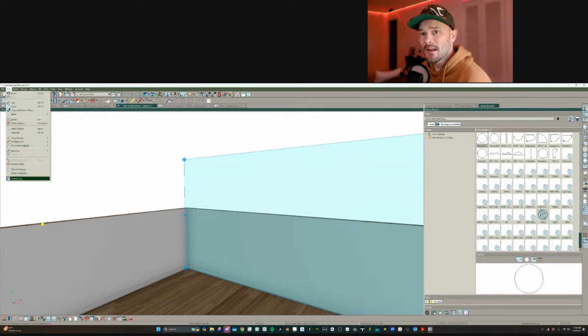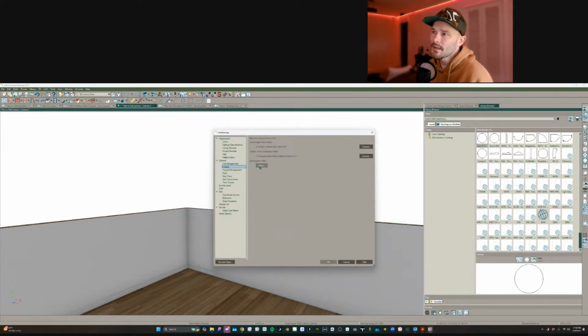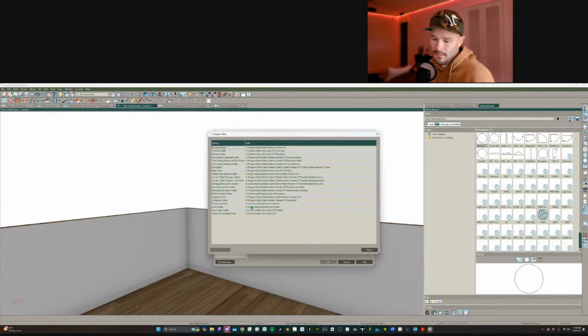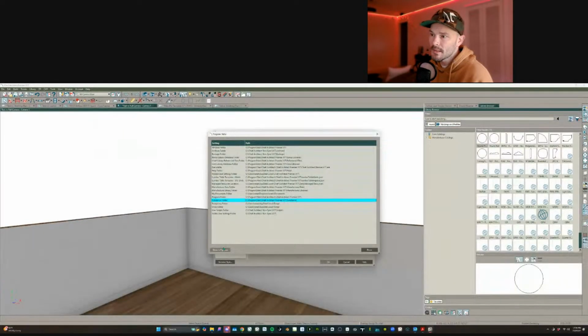I want you to notice that in Edit Preferences, and I just found this last night, underneath our folders, if we show all path, there was something that I thought was very interesting here, which is that there's a substance folder here. And so if we find that,